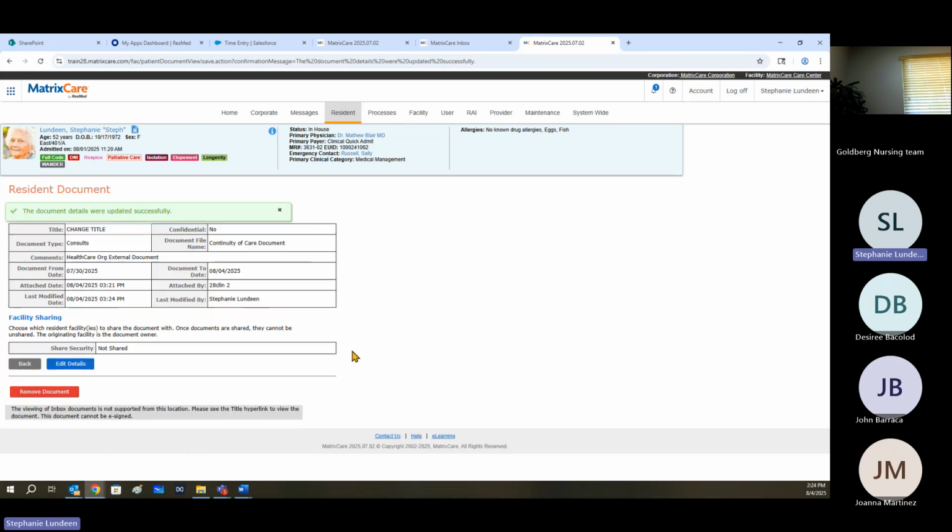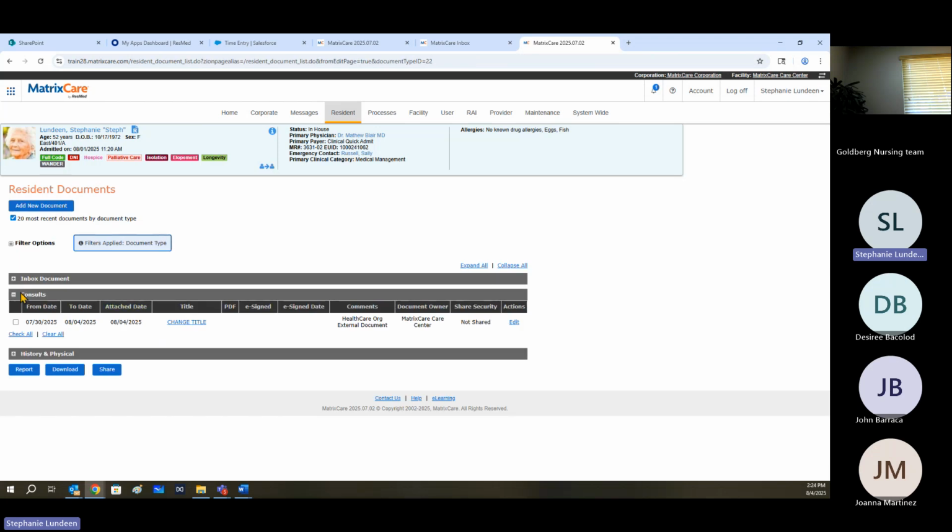I'm just going to hit save. Perfect. So now you can see that I've moved this change title from the inbox to the consults, and you can see that the comments show the entity it came from. It's owned by my care setting, and mine's showing not shared. So just that push was like a saving,